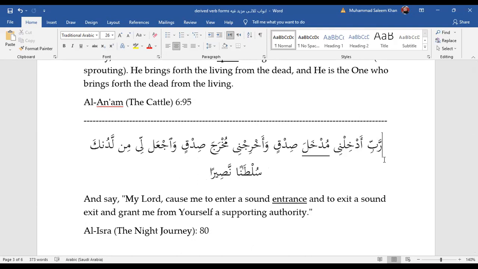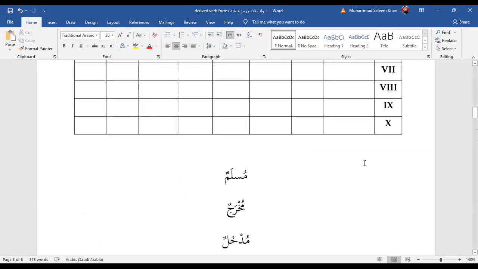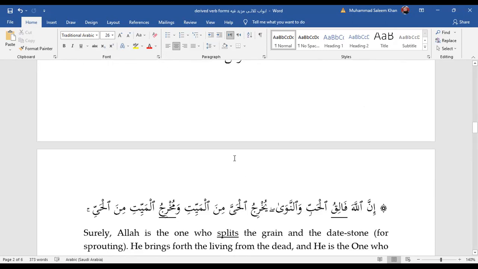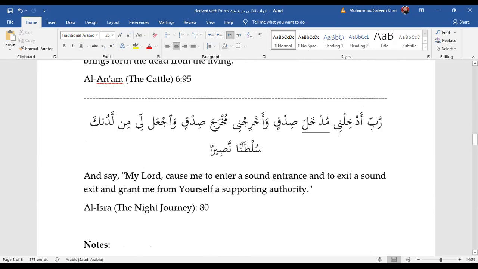Yes. Okay, adkhil, you have learned it already. Aslim, right? Here, we have already learned it. Fi'l al-amr, aslim, and then ismul fa'il, muslim, and ismul maf'ul, muslam. So you see here now, adkhil, you cause to enter. Who? Ni. Adkhilni. So ni is what? Maf'ul bihi, right? مفعول به number 1. And mudkhal is maf'ul bihi number 2.